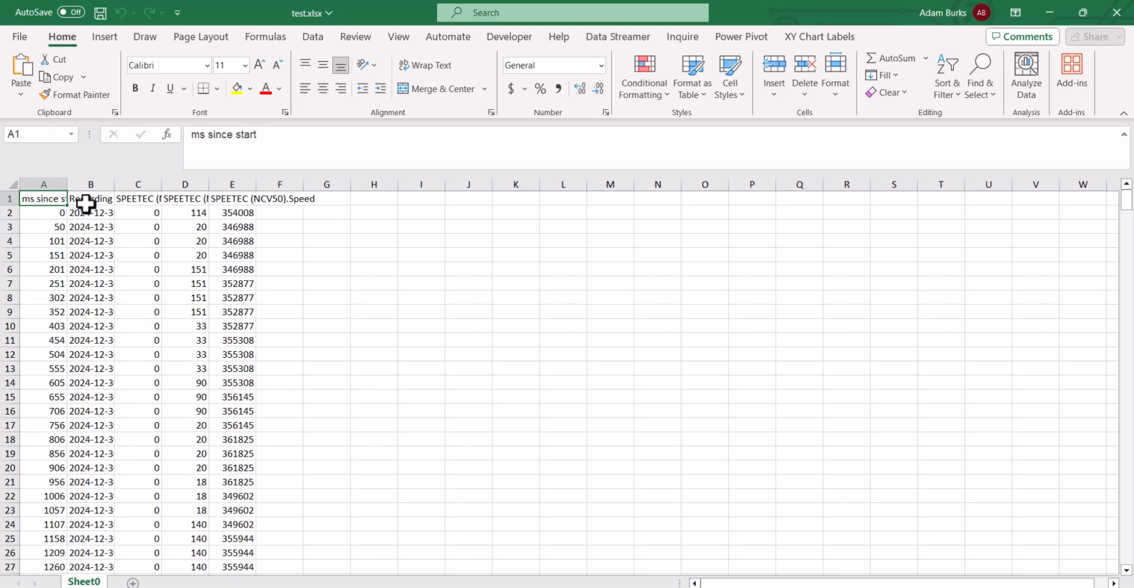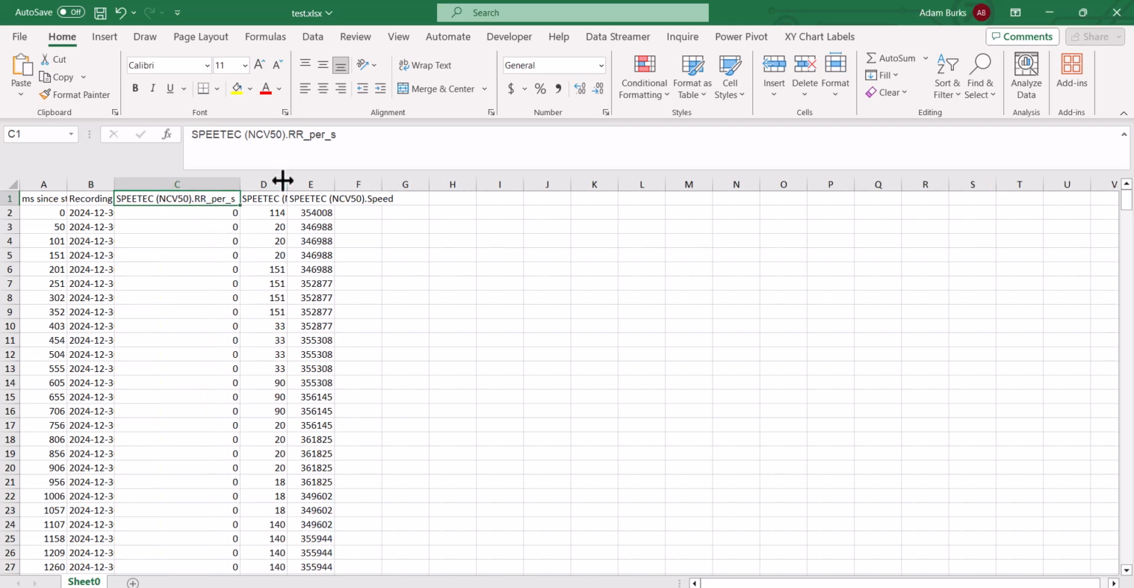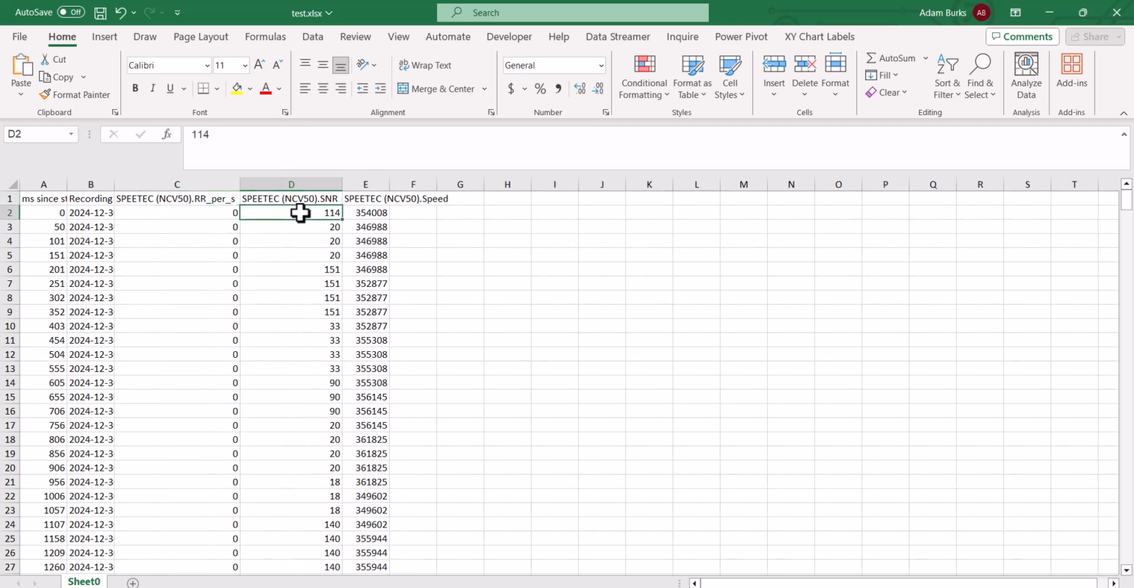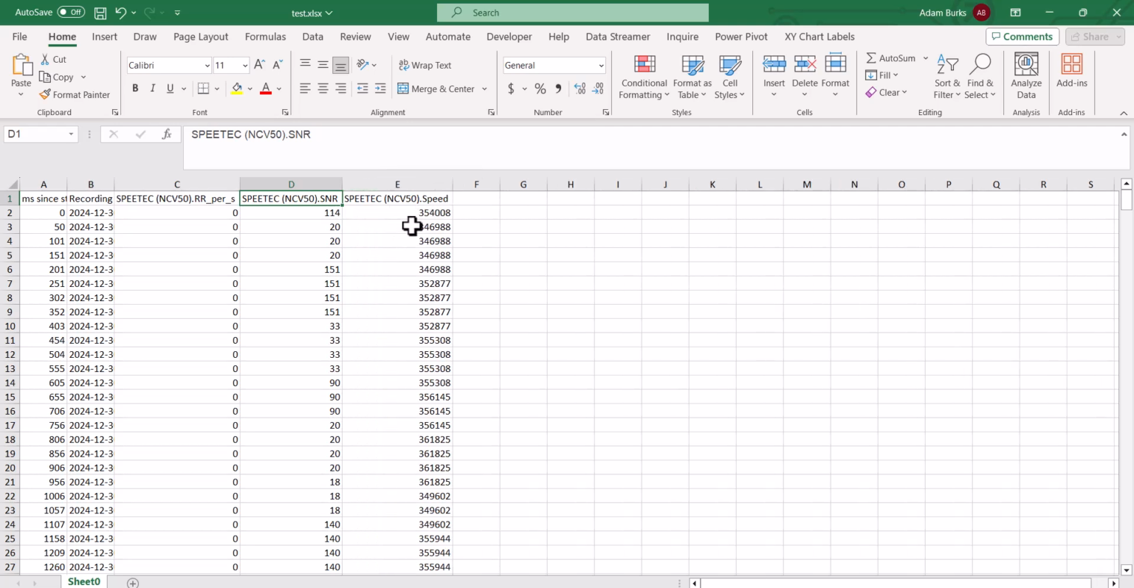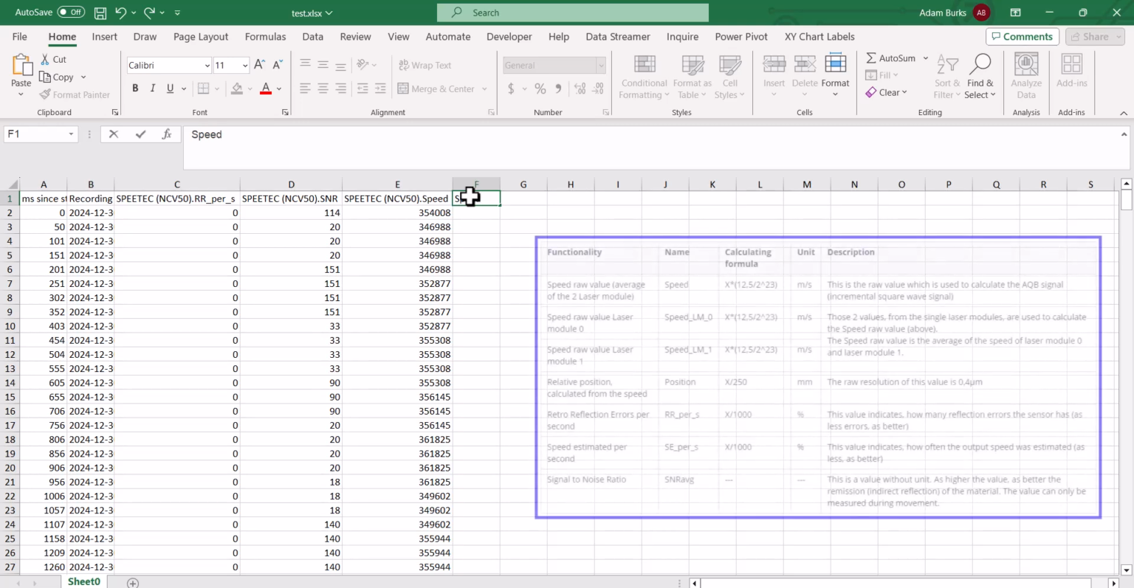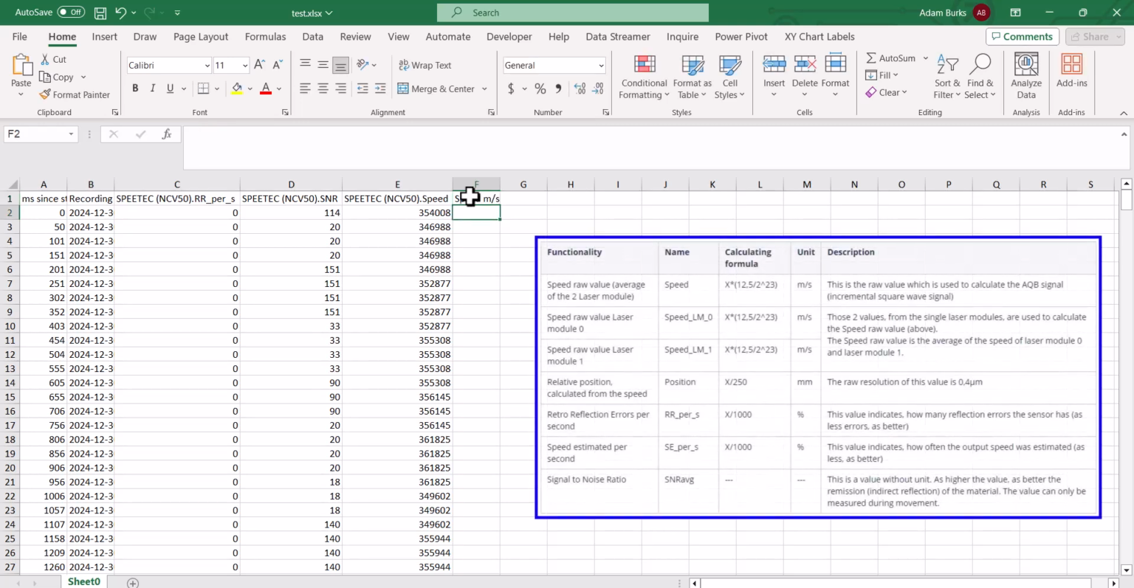It gets a timestamp. It gives me the retroreflection error right here. It gives me the signal to noise ratio and then the speed. Now there are some formulas that you have to put in here to make this make sense. So for the speed, in meters per second,